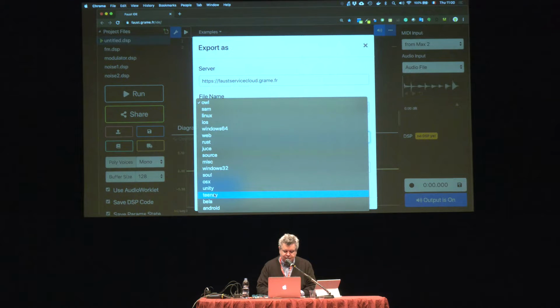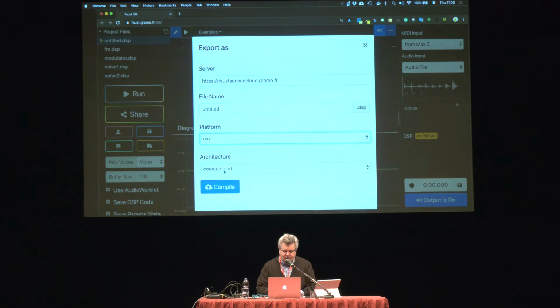So I'm going to choose OS X and Max MSP. So the code was running in your browser, but now the code is sent to a special remote compiler that runs on the cloud. And so the code is sent there, it's compiled, and you get back the Max MSP object for OS X. So if I press compile,